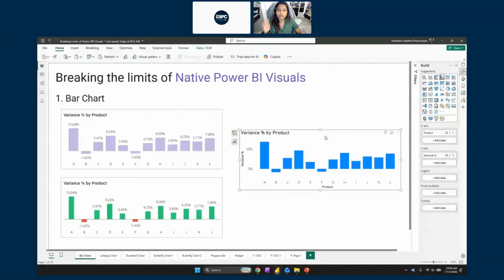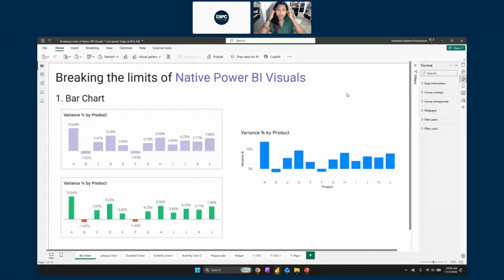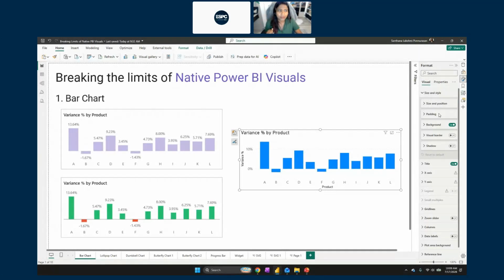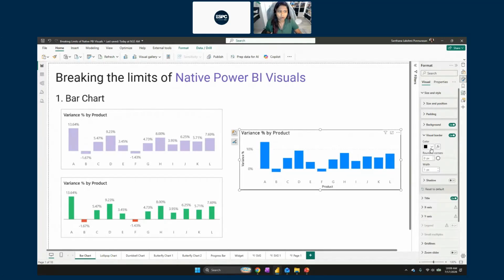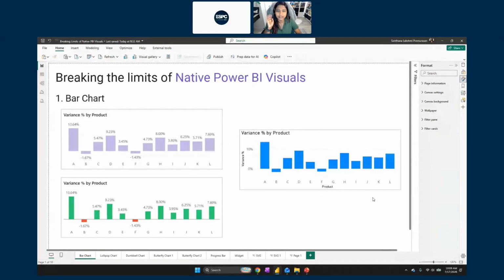So what I'm going to do right now is quickly add a couple of things. The first thing that I'm going to do is, I do not like my visual floating on my page. I'm going to add a container to it, basically just adding a simple border. Going to go to my settings, switching on my visual border. I don't want a loud border, just making it a little subtle by making it gray.